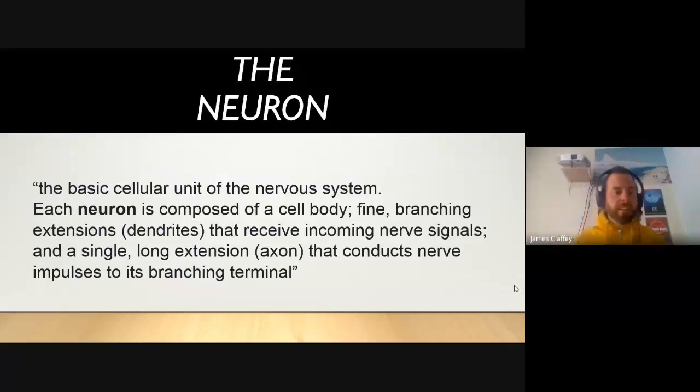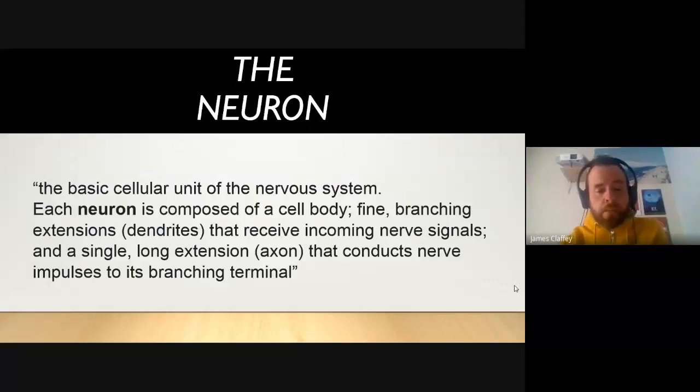Thank you. Okay, so it's just a basic cellular unit of the nervous system. Each neuron is composed of a cell body, normally referred to as the soma. It has fine branching extensions, dendrites, which take the information on initially. They receive incoming nerve signals, and a single long extension, which is an axon. It's a slender projection. Again, I spoke to you a short bit about this maybe in the first evening, and